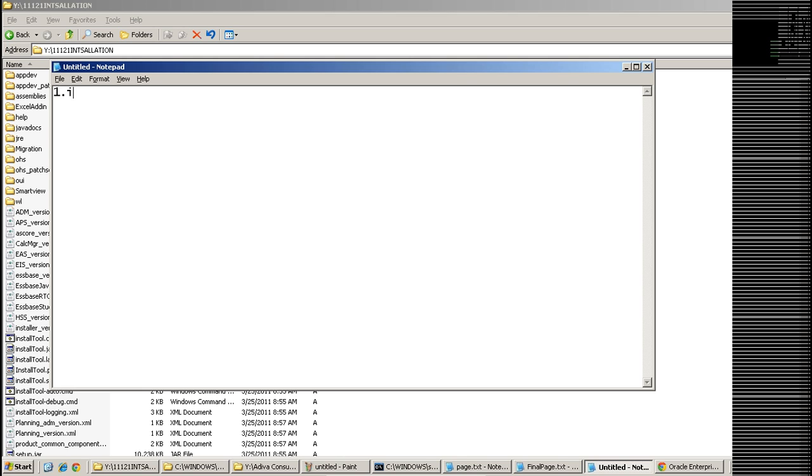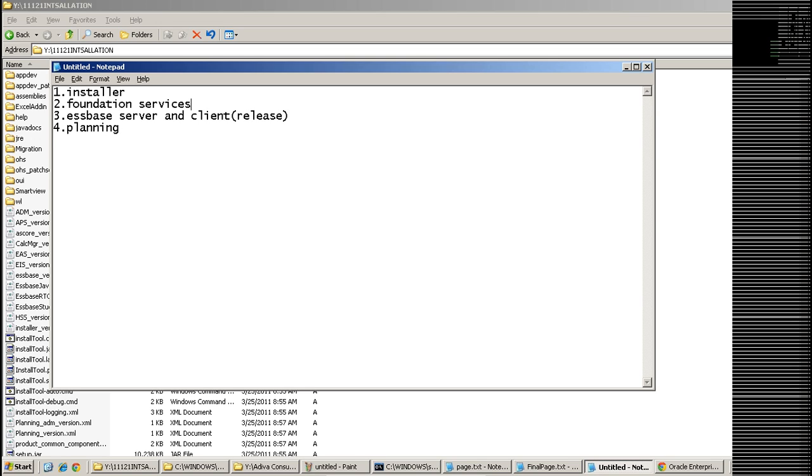First I'll extract the installer folder, then all the foundation services, then the client, Essbase server and client, which in this case is release. Then I'll extract the planning.